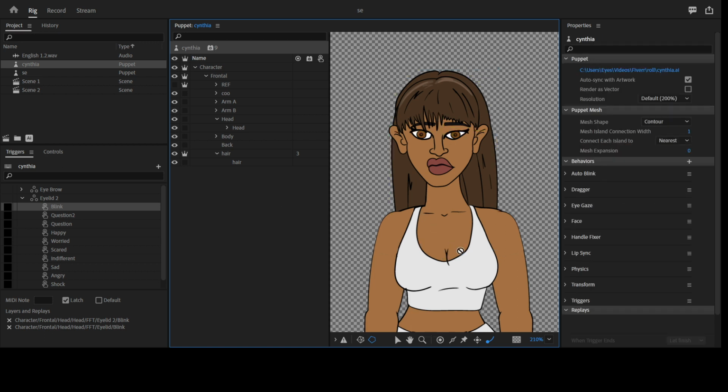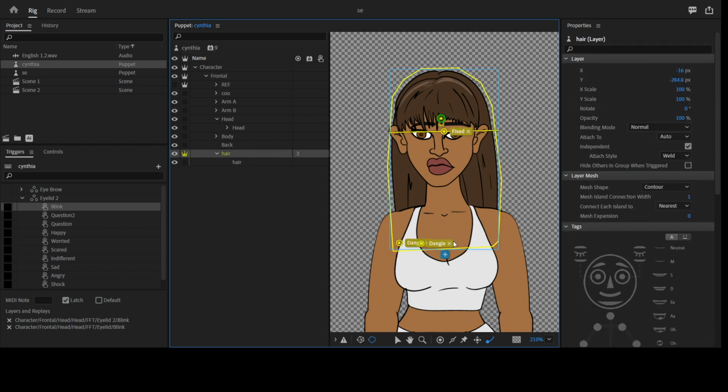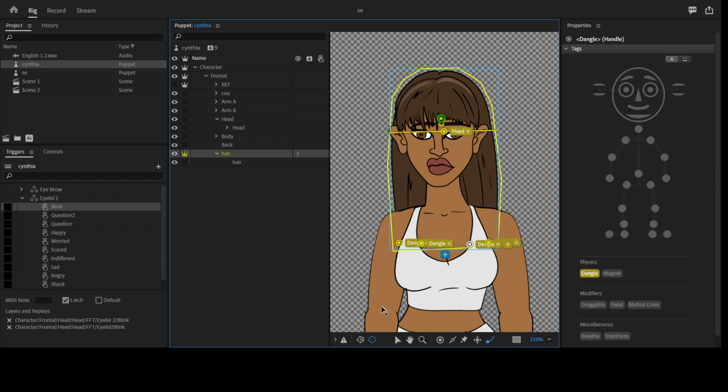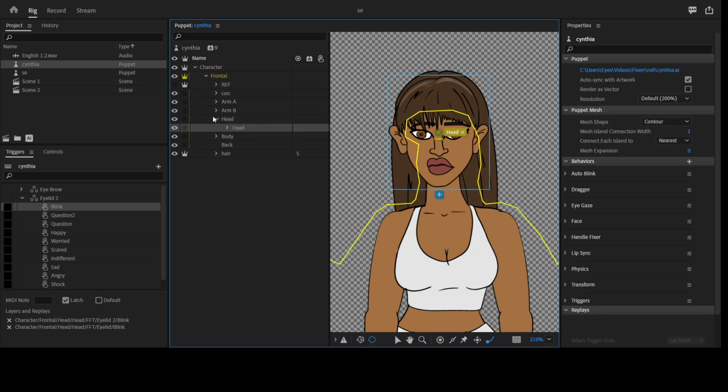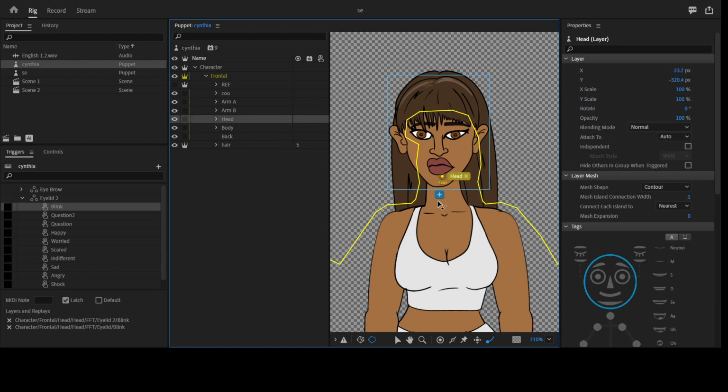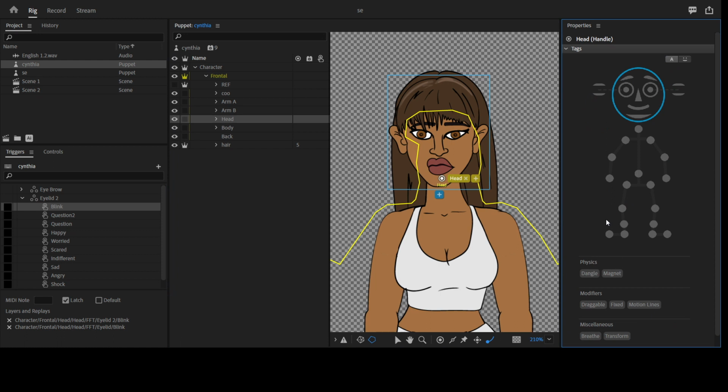So now the hair will respond to physics, to respond to her movement and stuff. So that's it. And then now to the head, you select the whole head, you come down here, not this head, not the head under this one. So you select it, you drag it to this point, you add a neck,